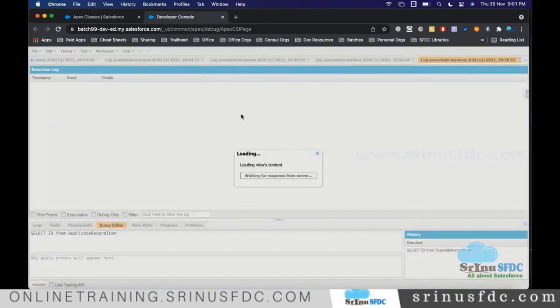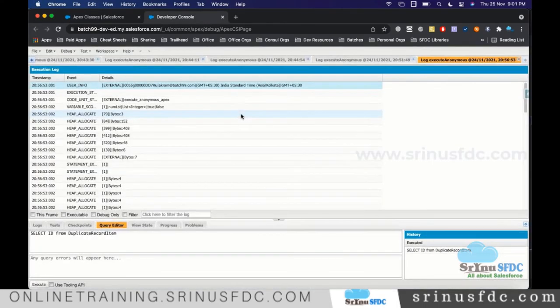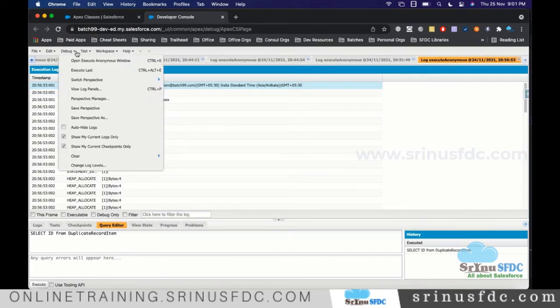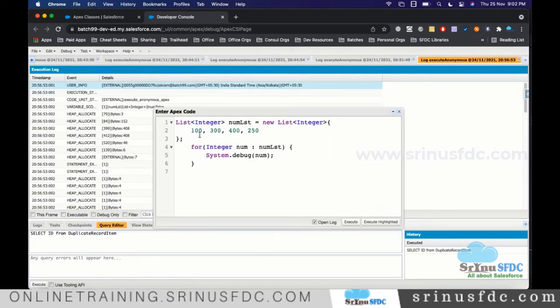You see it like this. And here, as a developer, to debug and see how it is working, we just click on debug, click on open execute anonymous window, like that, right?